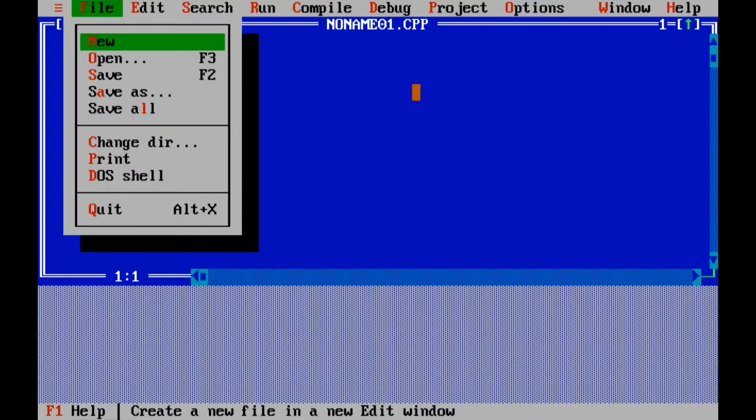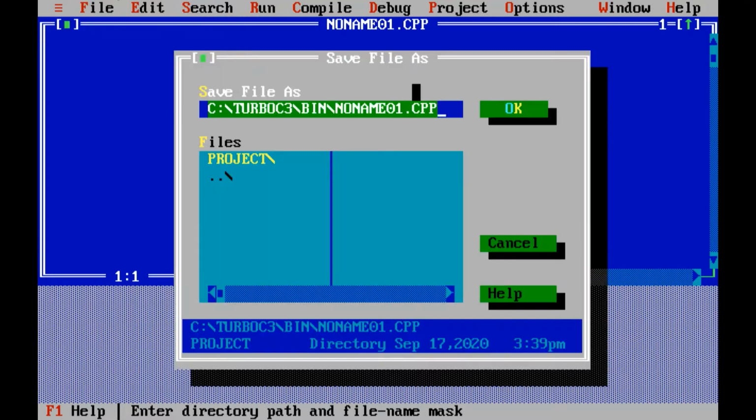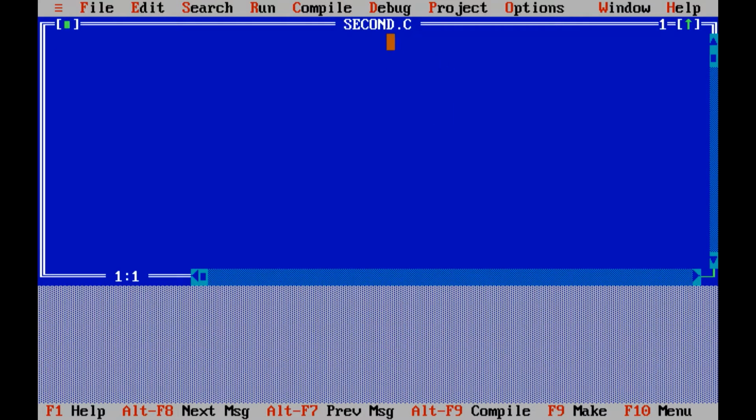Now File, enter, and click on Save; you also have a Save option by pressing F2 directly. I'll press the right arrow key to unselect this and remove this name. I'm going to give a new name, second.c. This is my second program, so I'm using the word second. You can give any name you want to your file and click on OK, or just press enter. Now your file is saved with the extension .c.